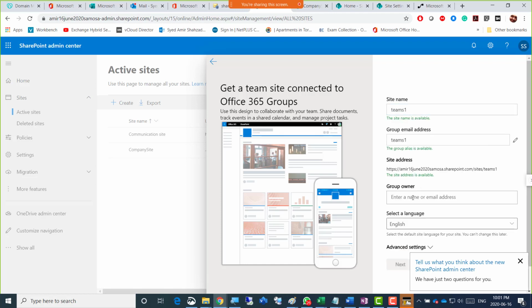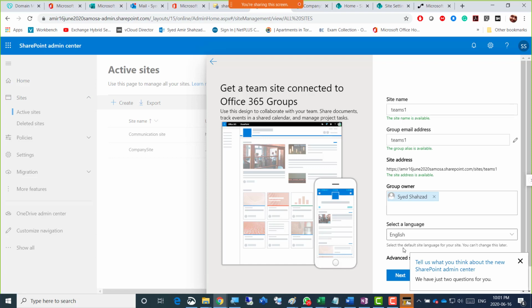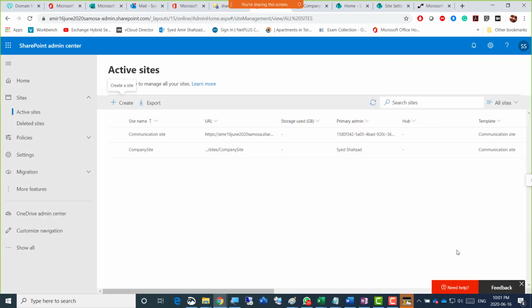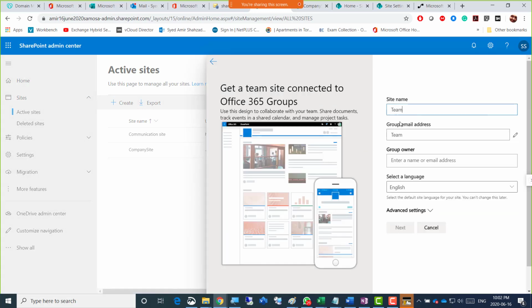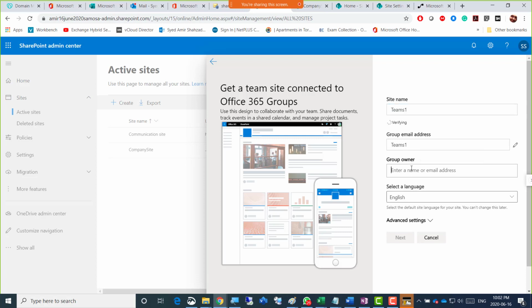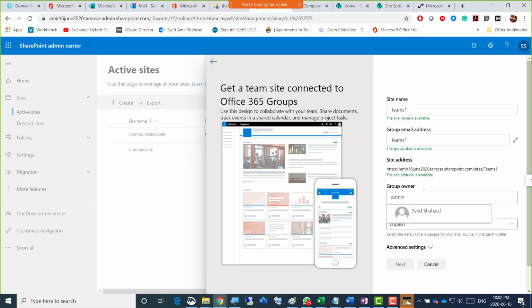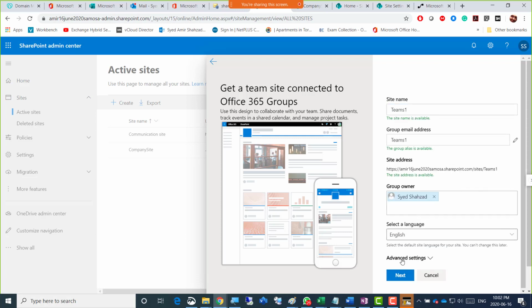So if I click create and go to the Teams site and create Teams one, with group owner admin, I'll try not to do that again.